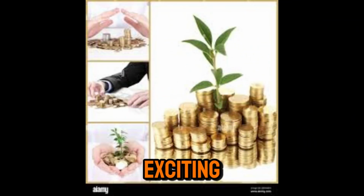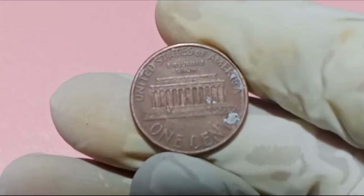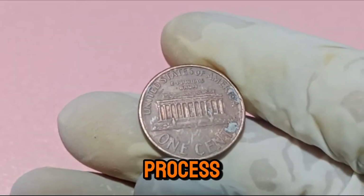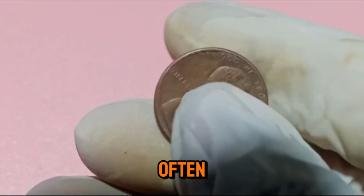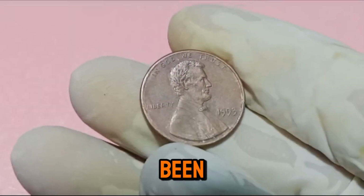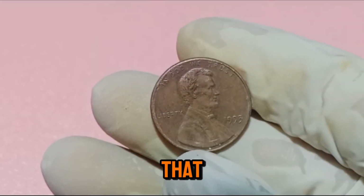One of the most exciting aspects of coin collecting is the discovery of error coins. Coins that were produced with a flaw or mistake during the minting process. Error coins can be extremely valuable, as they are rare and often unique. The 1993 1 Liberty Cent has been known to feature several types of errors, including coins that are not properly